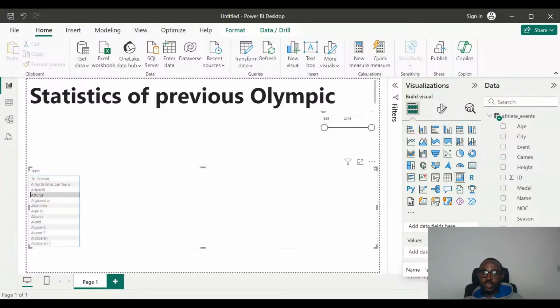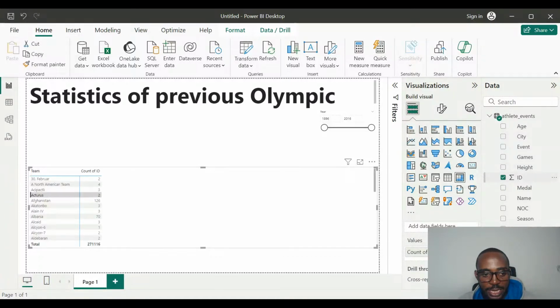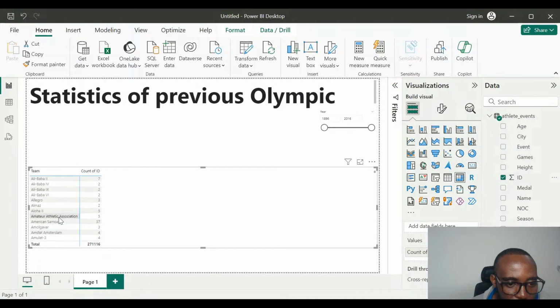One of such is counting how many of these you have. You could have things like the average, the largest, max, and the mean, and quite a number of them that exist. But for here, I'm just going to drag this ID, which is supposed to mean for each athlete, to the value fields here for it to display the count of IDs. Now, from what I can see here as teams,